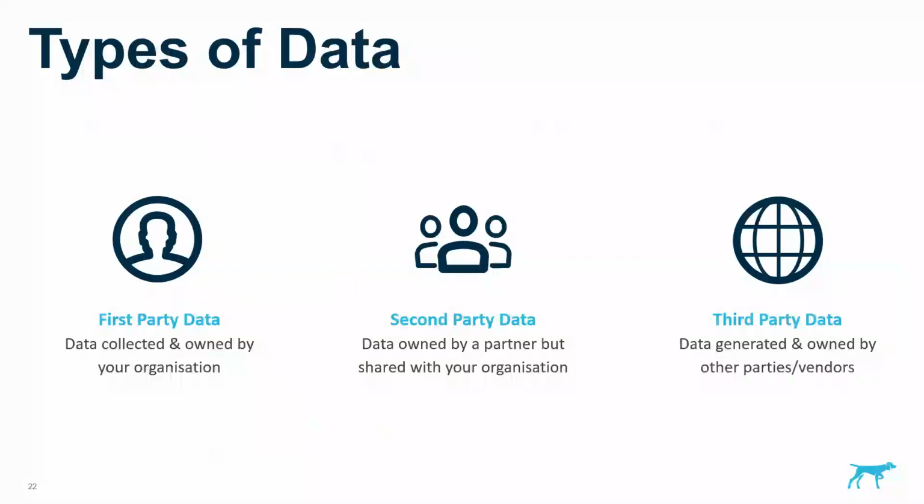In terms of those types of data, there are three main types. There's first-party data, which is data collected and owned by your organization. So this is where things like email subscription lists, loyalty programs, just general member information. This also applies to information you collect through tagging, so people who've come to your website and you've left a cookie in their browser. Second-party data is very similar.